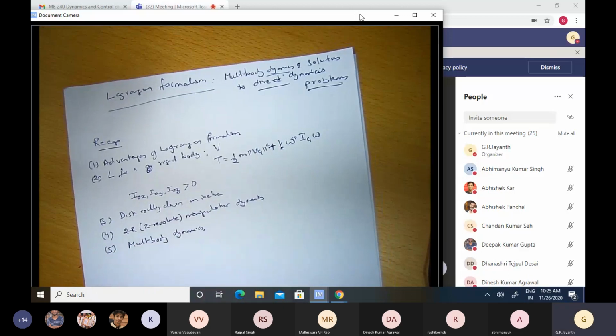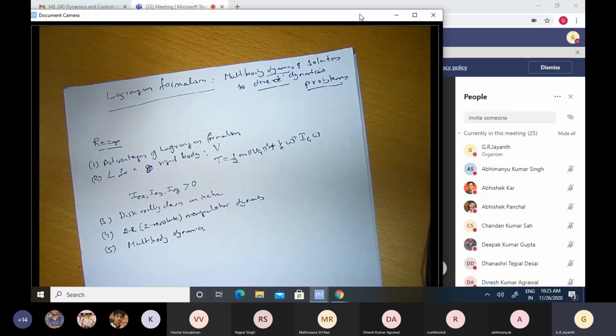With the 2R manipulator itself, we noticed that some of the terms were hopelessly complicated functions of the generalized coordinates. So our focus, therefore, is not so much to describe in great detail what the individual terms in the overall dynamics are, but more to show how you go about obtaining the dynamics, what procedure you follow. Once you know the procedure, if you have a problem at hand, you can apply this procedure and obtain it. Okay, that is the way we would go about doing things.